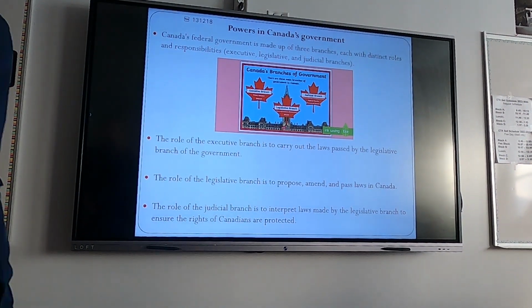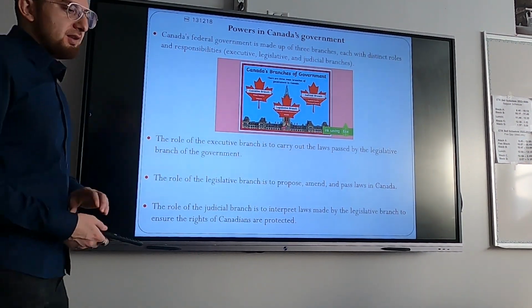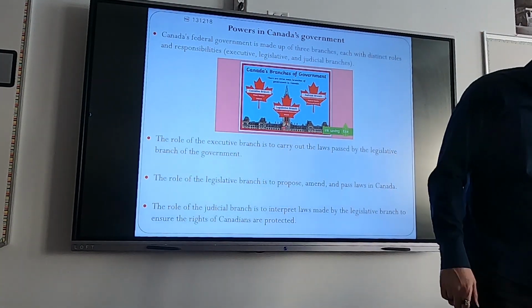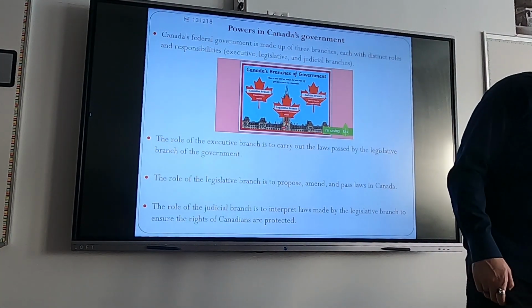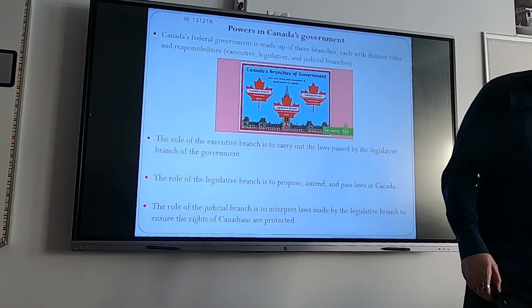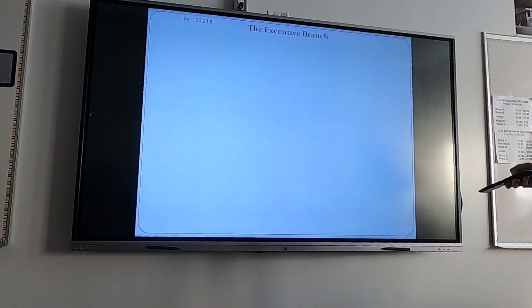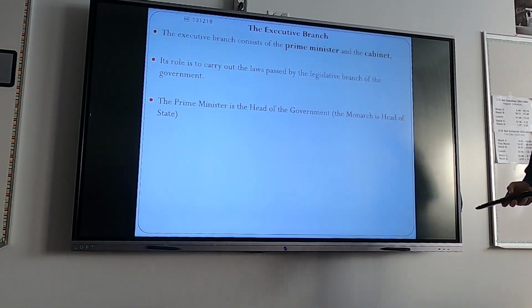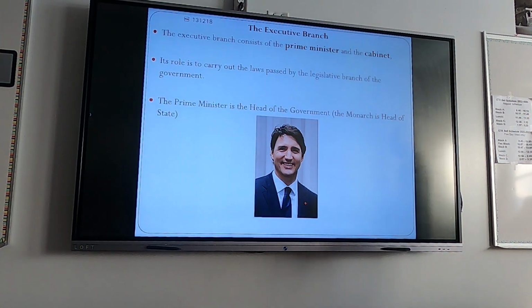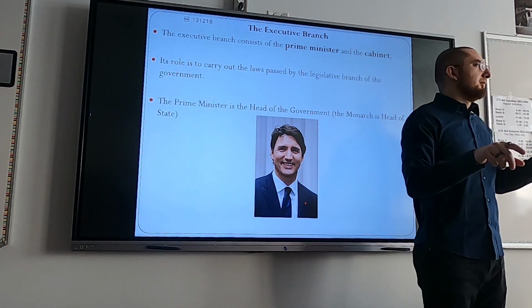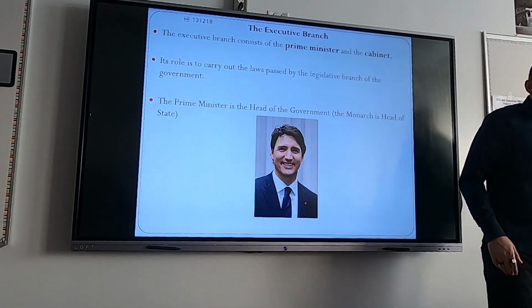Okay, so continuing where we left off, we will break down the different branches of the government. So we are on the bottom half of page 2 in your notes. Okay, there are 3 levels of government at the federal level, like in the House of Commons, there's 3 main things you need to know.